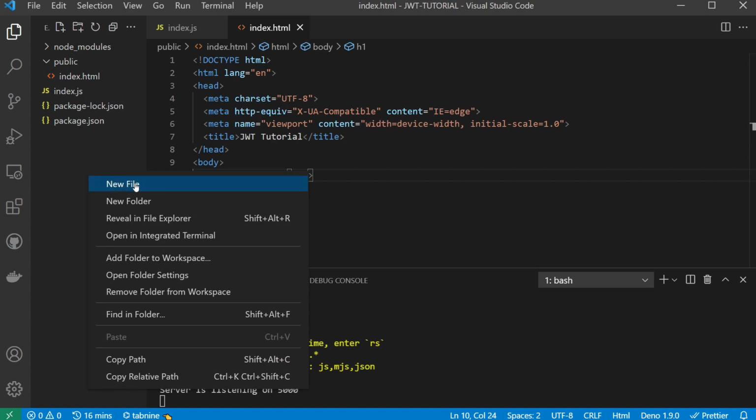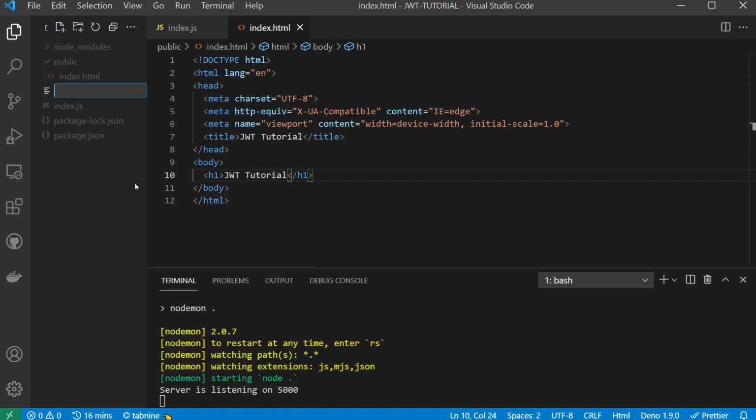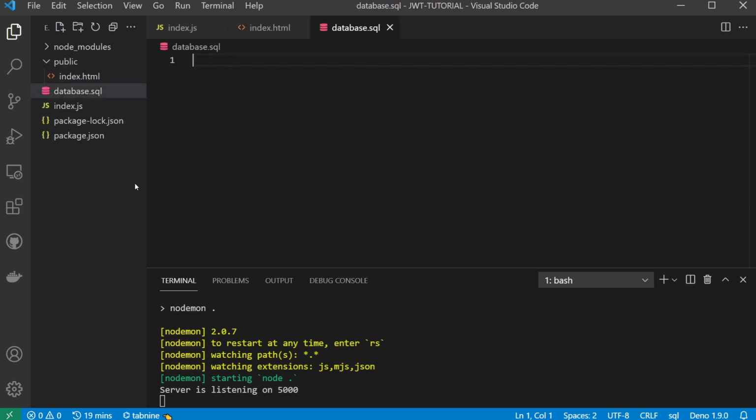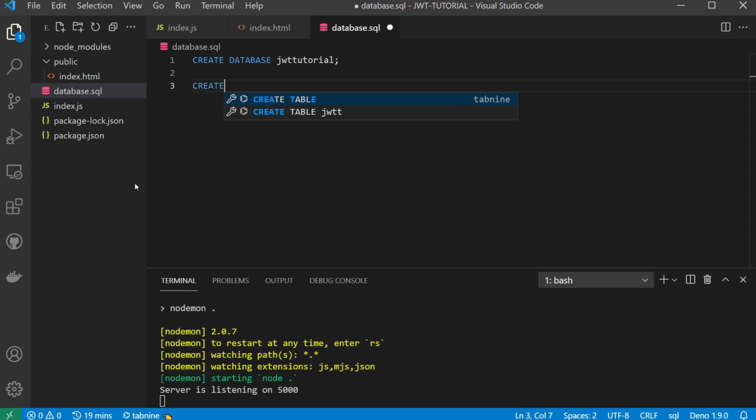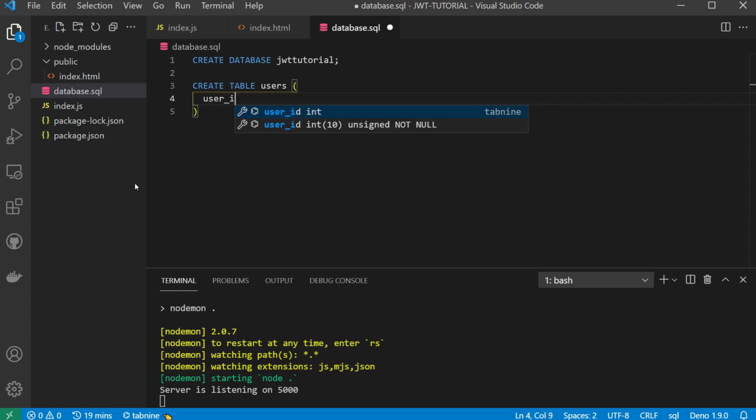So if we right click in here, do new file, and I'm going to create a database.sql file, and here I'm just going to type in the SQL that we need to create our database. So create database, I'm going to call this jwt_tutorial, like so, and then we want to create a table to hold all our users in. So create table users, and we want a user ID,